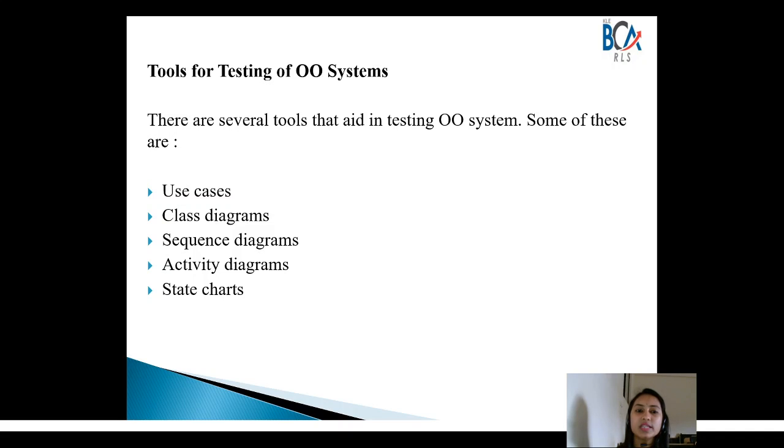And what is a sequence diagram? An object oriented system works by communicating messages across various objects. So a sequence diagram represents a sequence of messages which are passed among the objects to accomplish the given application scenario or the use case.